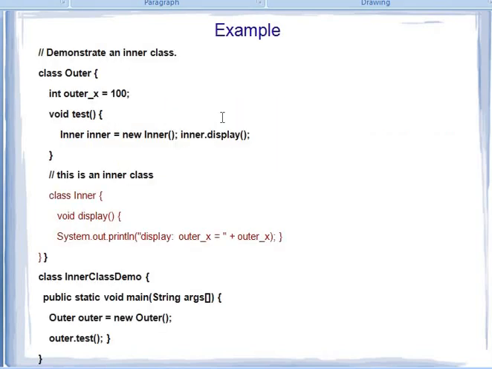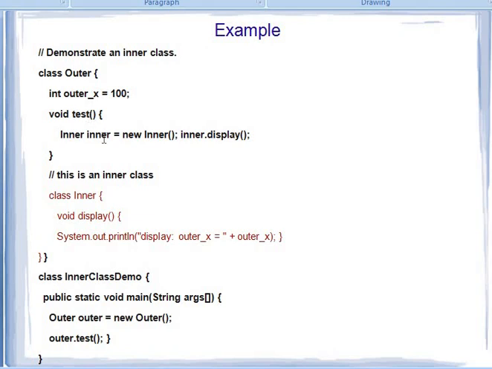Now we will see an example. It has three classes. Class outer is here, the first line of the code. Then in red color I have placed the inner class. The outer class has two members. One is an integer type variable, initialized to 100, and the name of the variable is outer_x. The second member is a method, which is just